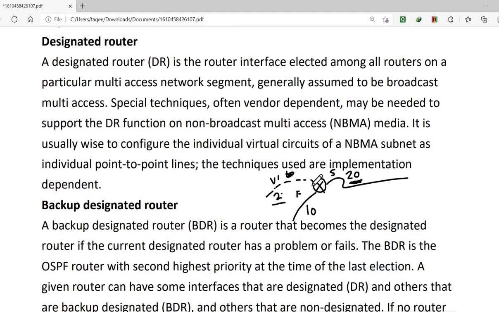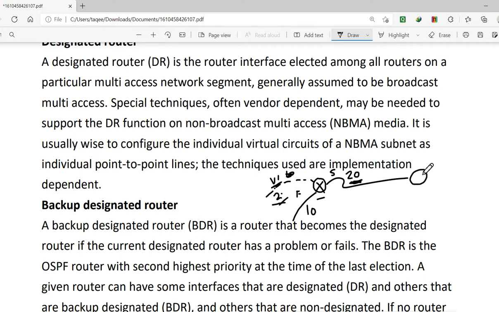Whatever IP you give, minimum, maximum, whatever, it will become the router ID automatically. So we changed the router ID criteria and selected the router ID manually. Whatever IP address we give in this virtual interface will be the router ID for this router.